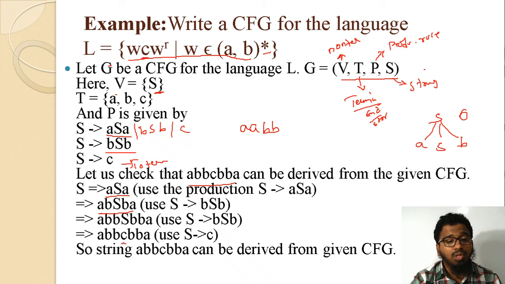So here after C, now you check it here: W means A B B here at the left side, and after C it is B B A. So if you read from here, A B B C B B A, from left to right or right to left, you will read the same thing, A B B C B B A. So this is a palindrome language, and we made this into a grammar.